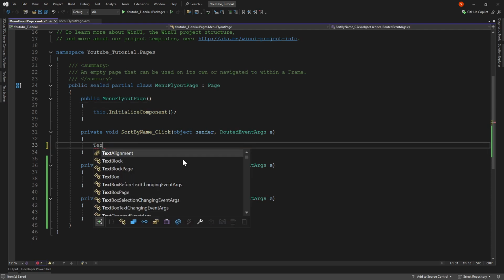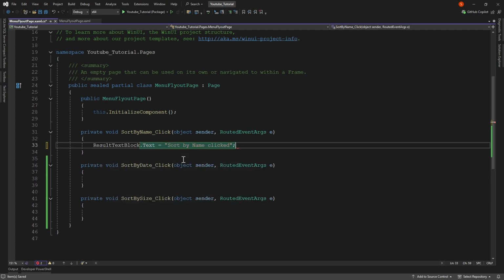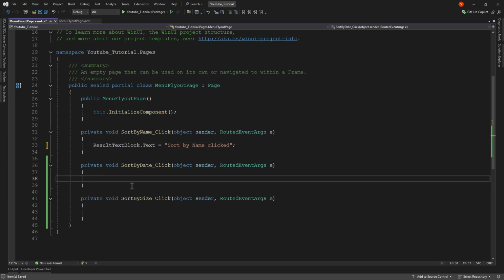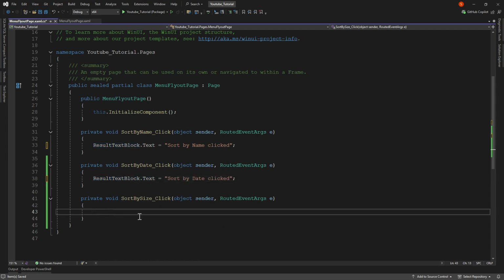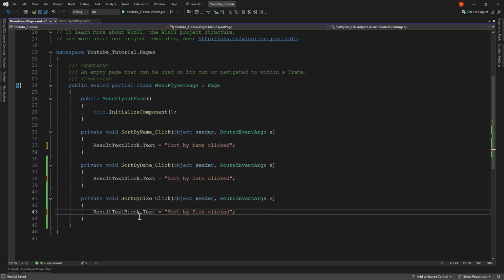Text no result. Not try to write, just tap result. Wow, not difficult to write, just tap. They know I want to write.